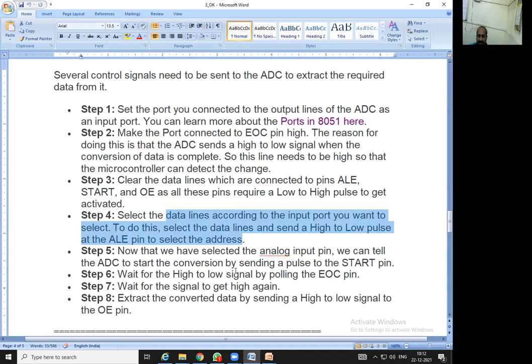So what is this address? That is where to send this output data, that is digital form data, which is to be decided with this ALE pin. Okay, on what address it has to be sent. The next step, that is we have selected the analog input, so it has to make the start pin high, so that when it takes the input, it works on this conversion. So when the start pin is 1, conversion will get started.